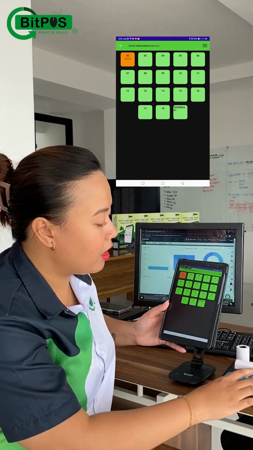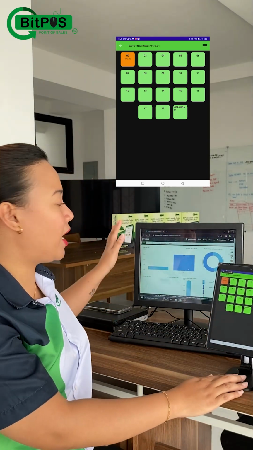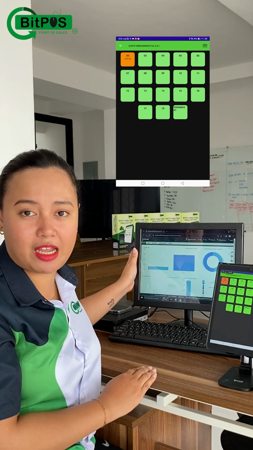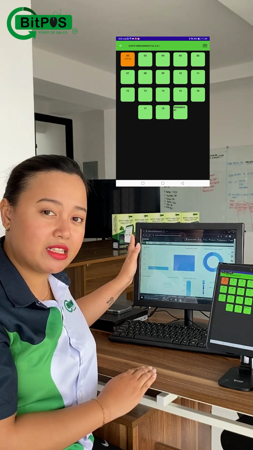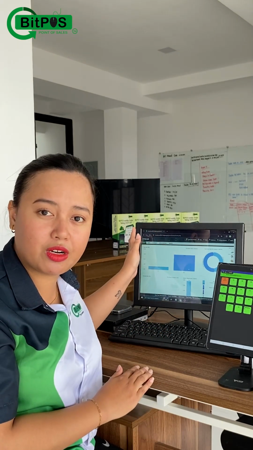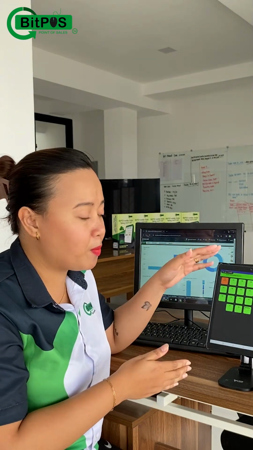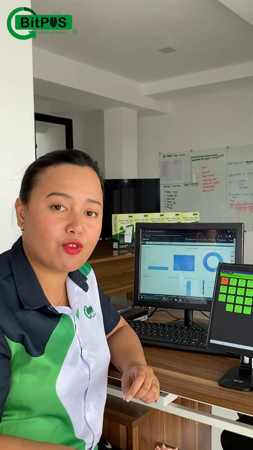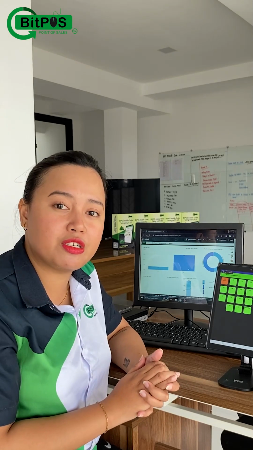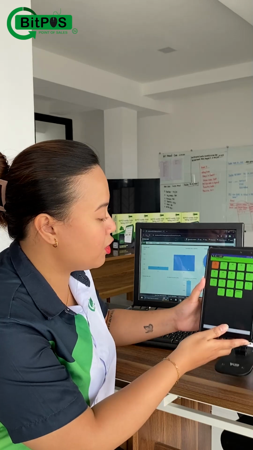Aside from my cashiering interface, I also have this back office feature here, which is a web-based interface that can be accessed on any type of device. So we have a specific link where you can open it in your browser on any type of device. It could be a desktop computer, it could be a tablet, it could be a cell phone, iPhone, or any type of operating system can do. So before I dive in with the processes here on the cashiering side, I'll discuss first the process in the back office where I'm going to put up my items using compositions of raw materials or ingredient breakdown.